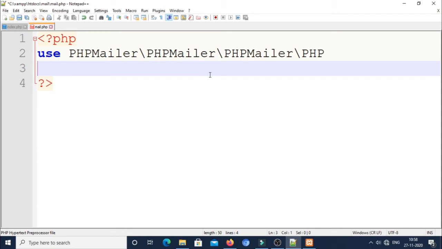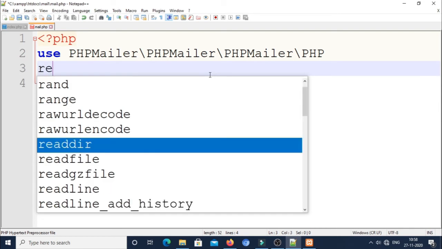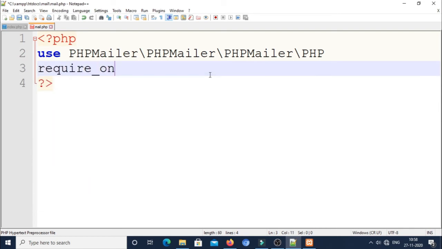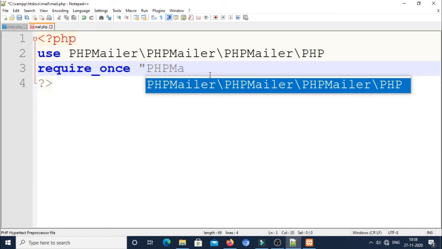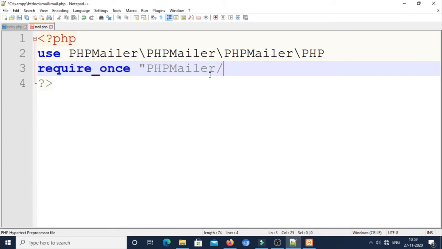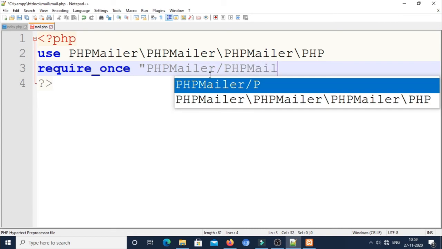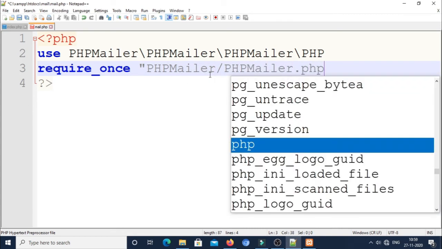So here I will use require_once, and the first page I want to add is PHPMailer.php. That is PHPMailer/PHPMailer.php, because that file is placed in the folder PHPMailer.